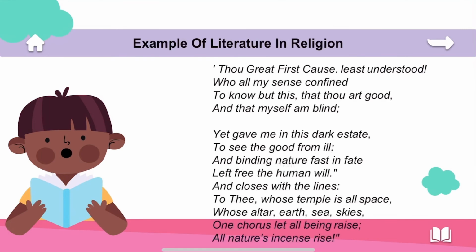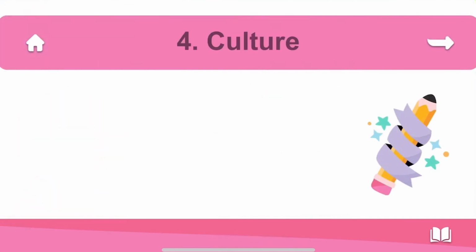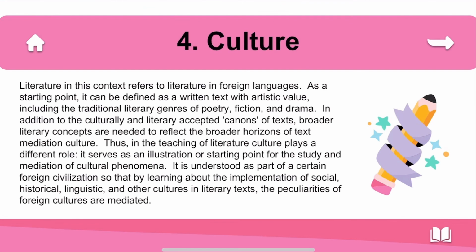Now, you already know what religion is. Then, next we turn to culture. What is culture in literature? Literature in this context refers to literature in a foreign language as a starting point. It can be defined as a written text with artistic value, including the traditional literary genres of poetry, fiction, and drama. In addition to the cultural and literary exceptions of text borders, literary concepts are needed to reflect the broader